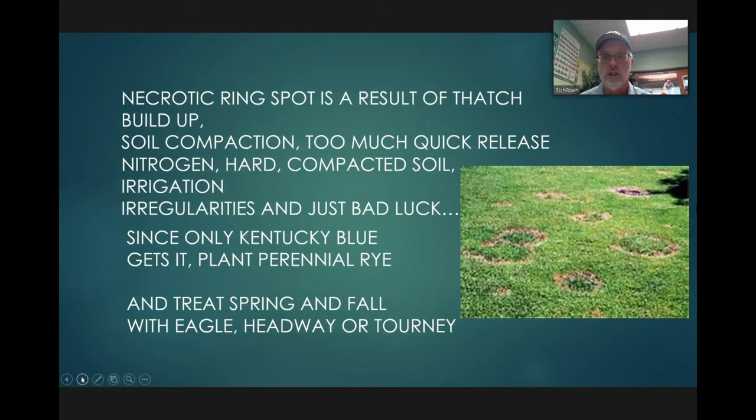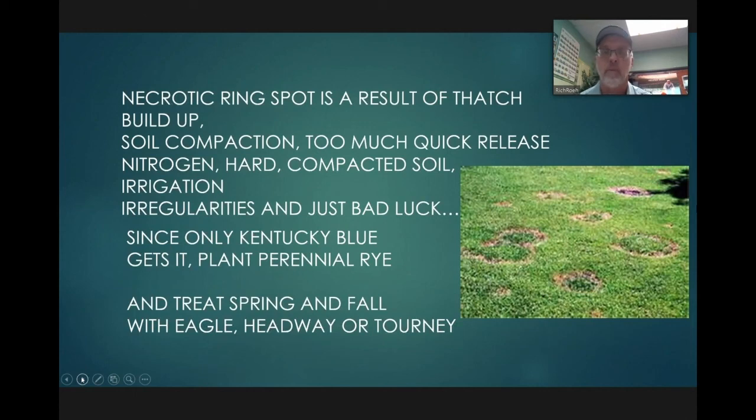Now you can sure see the results of it in the middle of the season if the fungus is active in the spring and kills those ring spots. You will see the results of it in July and August, but the fungal pathogen is actually active in cooler soil temperatures, which is October and April and maybe even early May. So that's when you're going to want to be treating it with one of the fungicides that's labeled for it. I've found that Headway is probably the best, but